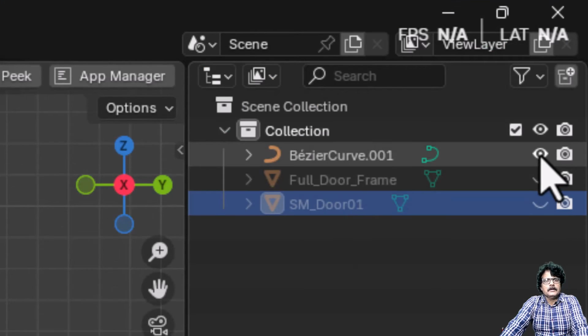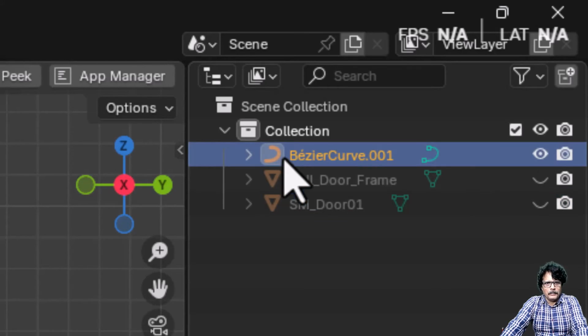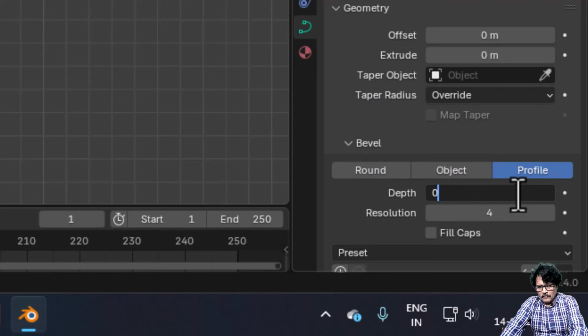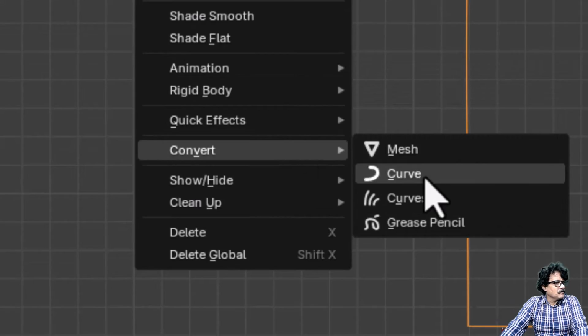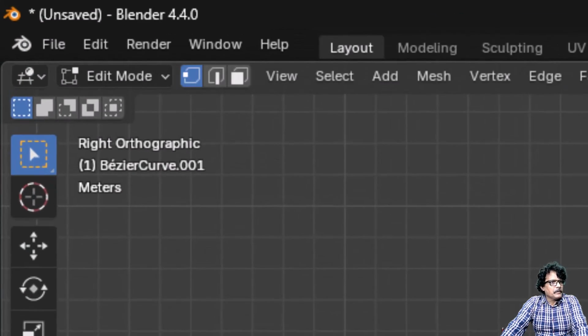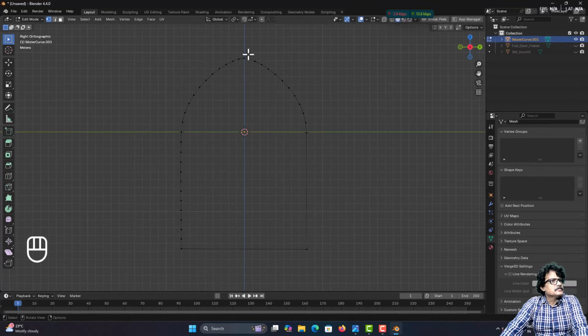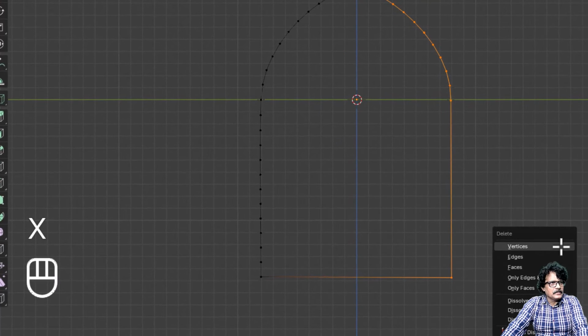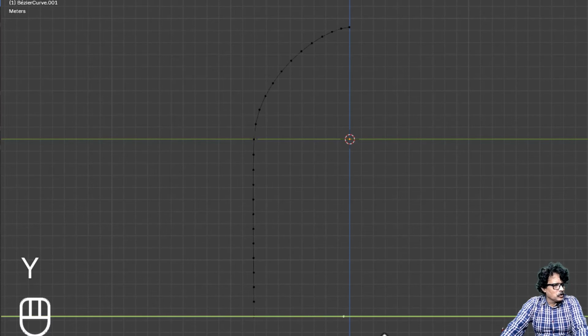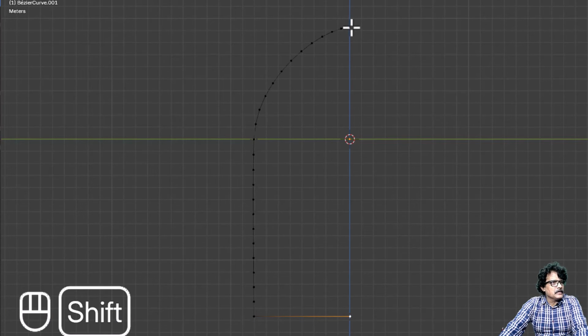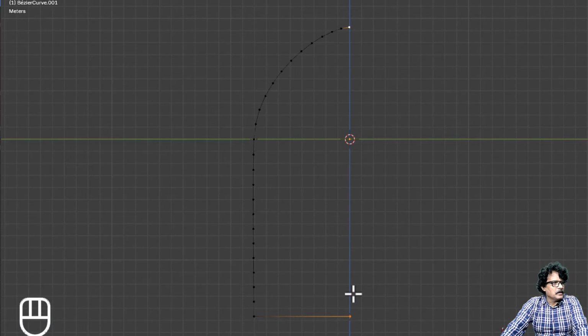Open this second bezier door 001 which we copied, and in this I will remove this depth, and now come into object and convert this into a mesh, and now if I press Tab you can see this. I will select all the vertices on the right hand side, press X and delete all the vertices. Then I will select this vertices, press E, and along the Y I am going to pull it till the center here. Then with Shift pressed, I select both these vertices and press F to connect it,